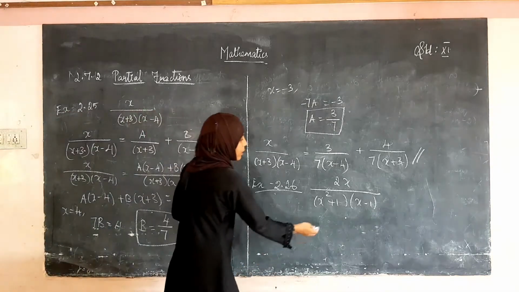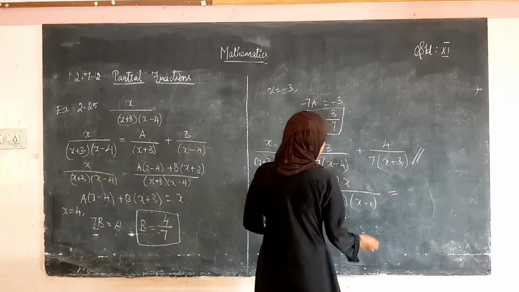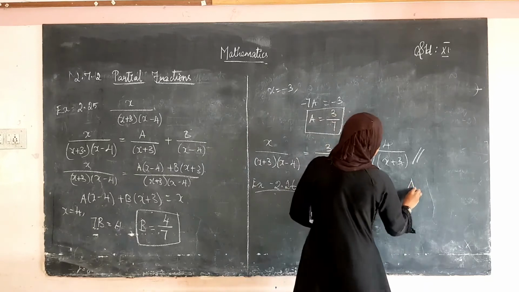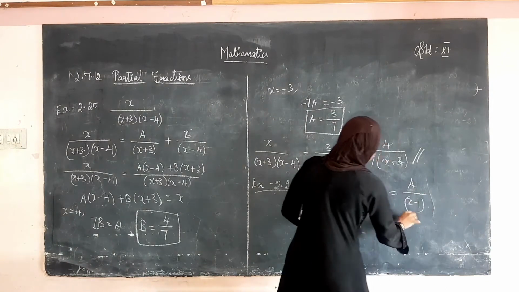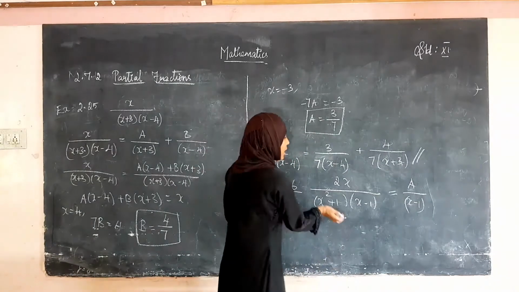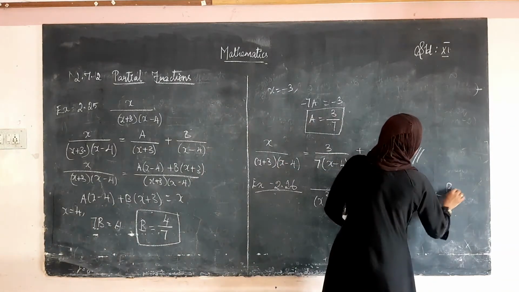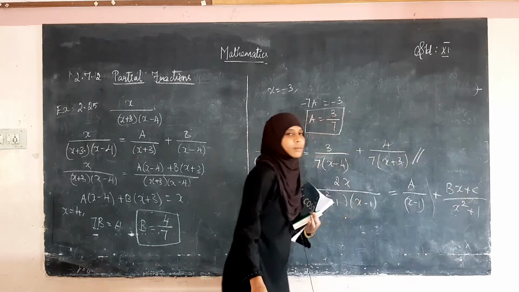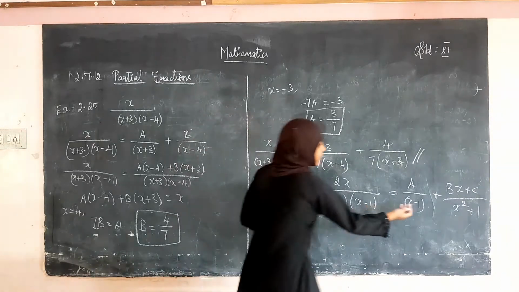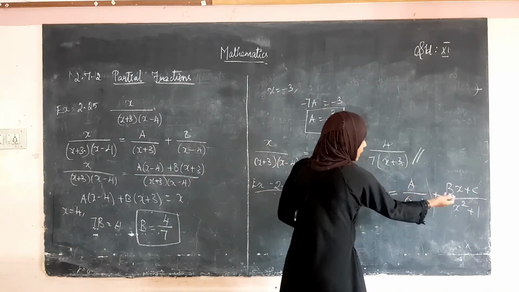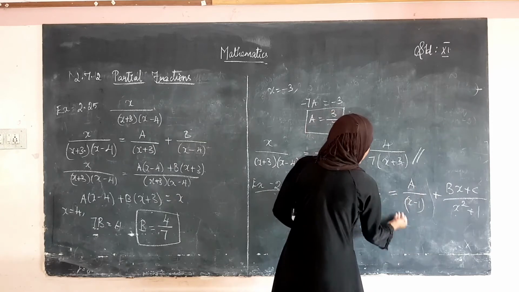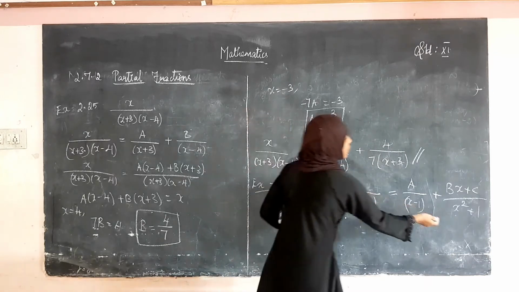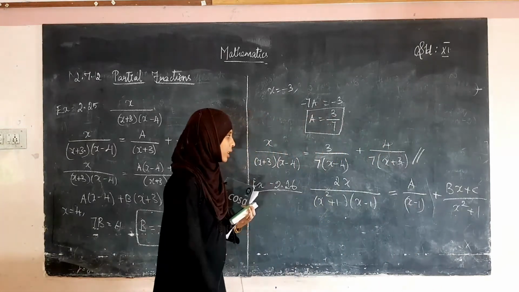Okay, and here how we can write this is, x minus 1 is the one having the real solution, therefore a divided by x minus 1. This does not have a real solution, therefore we resolve it as bx plus c divided by x squared plus 1. Are you clear? So even if we put this first, it would be ax plus b divided by x squared. But the terms with real solutions we write first, and after that, at the end, we can write the terms that do not have a real solution. So this is how we have resolved it.